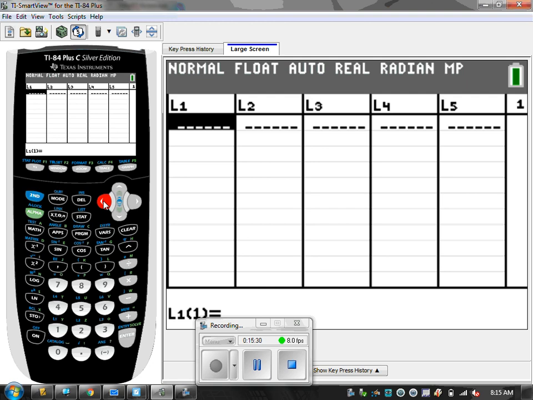So L1, 0 through 6. L2, corresponding Y value. So 120,